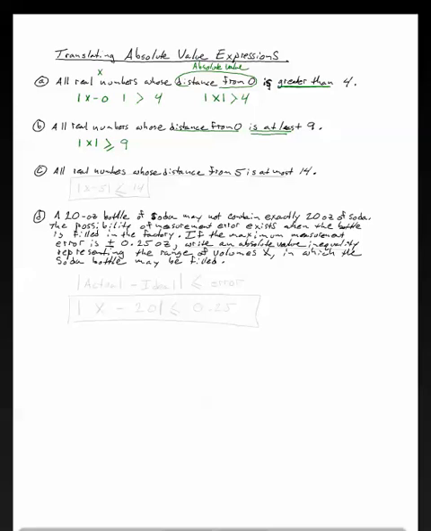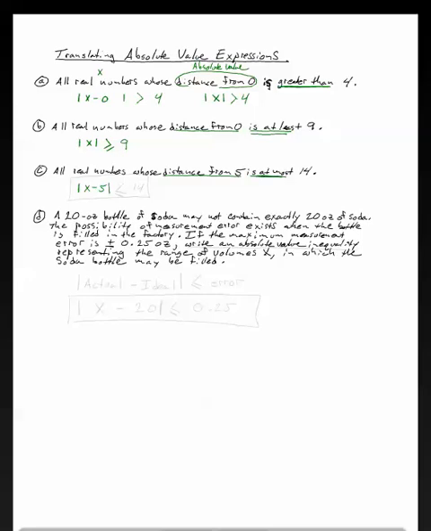In part C, it says all real numbers whose distance from 5. So this is different. It's not distance from 0, it's distance from 5. So all real numbers whose distance from 5 is at most 14. Well, if we look at the first one, when we did distance from 0, we had x minus 0. So distance from 5 is going to give us x minus 5 within the absolute value. So all real numbers whose distance from 5, so that's x minus 5,